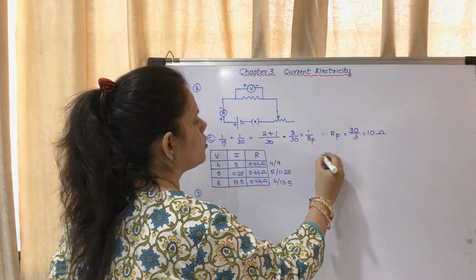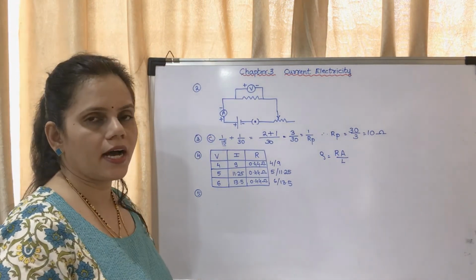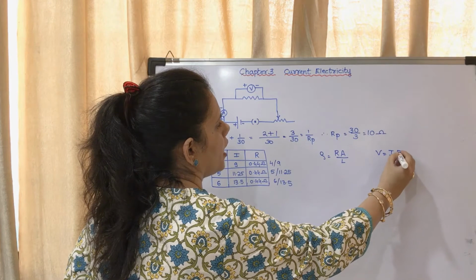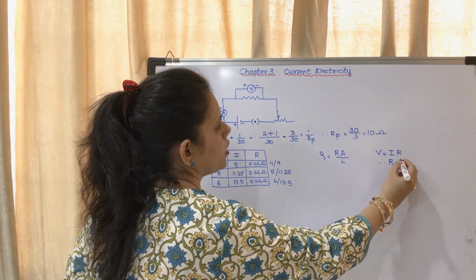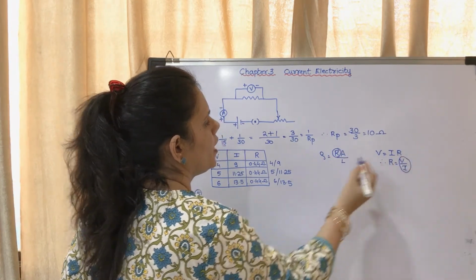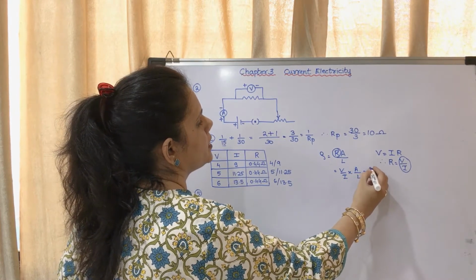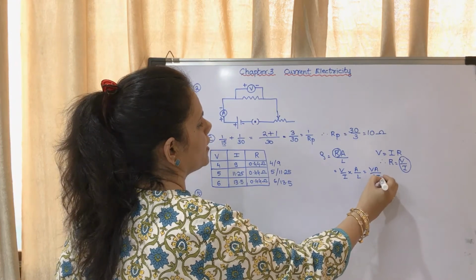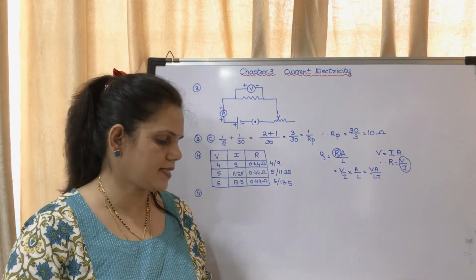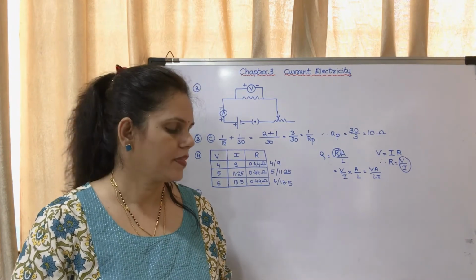You know that rho is equal to RA upon L. Okay, RA upon L. So the equation we know V is equal to IR. So what will be R? R is equal to V upon I. So instead of R, I will write this V upon I. So V upon I into A upon L. That means VA upon Li. That is how they got that VA upon Li. Okay. And the last one is resistances in series. That is to increase the resistance in the circuit. Okay. Now the next question.